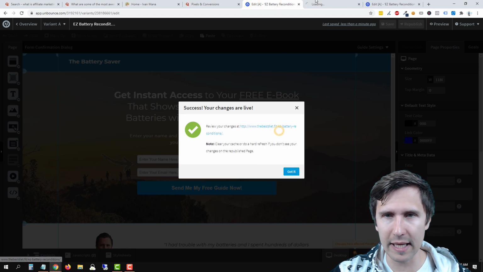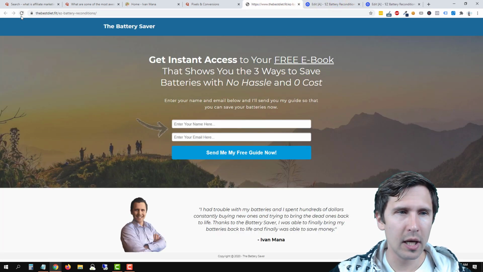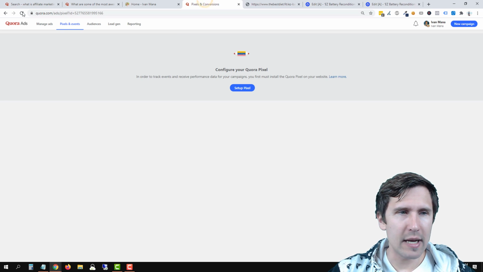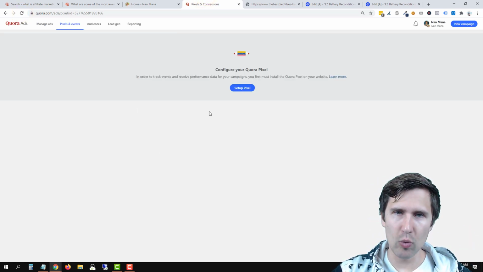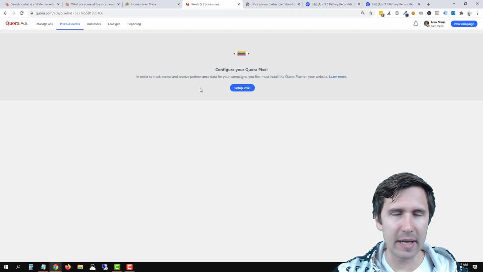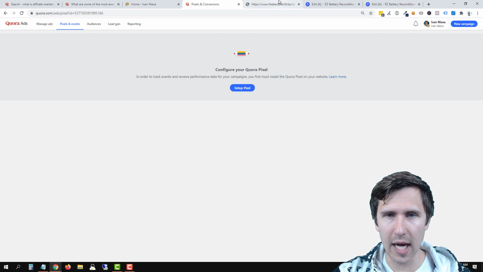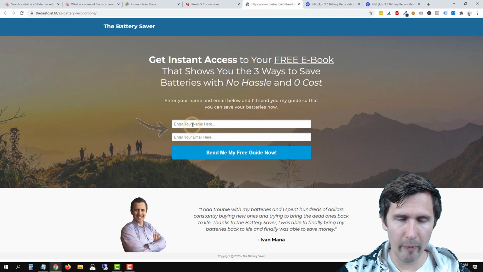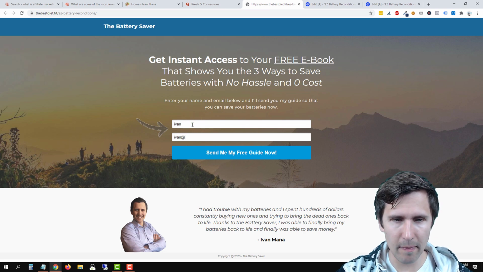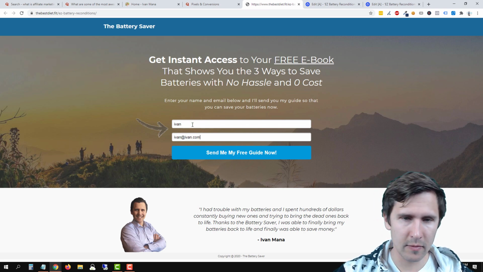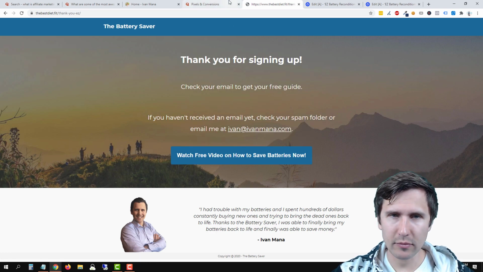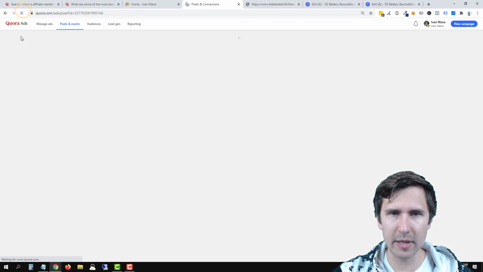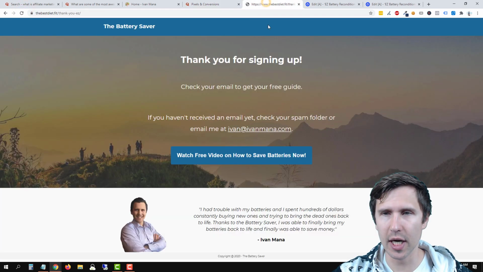So we're gonna open link in a new tab. We're gonna refresh the page. Now, the page here should update shortly, okay? In Quora Ads, it should take 5 to 15 minutes for it to update, and we will see all the options here. Now, we could also enter a fake name and just test the thank you page as well. So we need to give this a little bit of time to actually load and to register, but the pixel